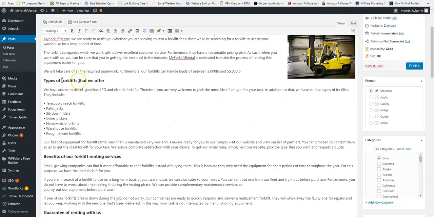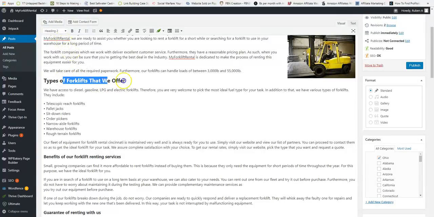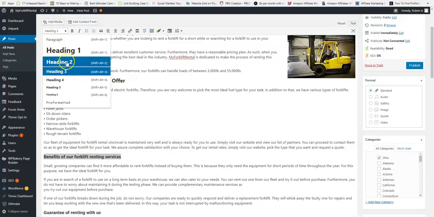Now we have to make sure that all of the subheadings are capitalized on the first letter of the word. So over here, and we're going to make sure we have, this is going to be an H2 subheading. This can be H2 as well.